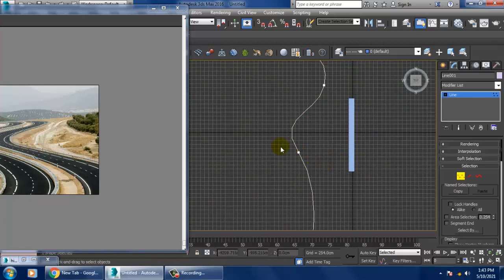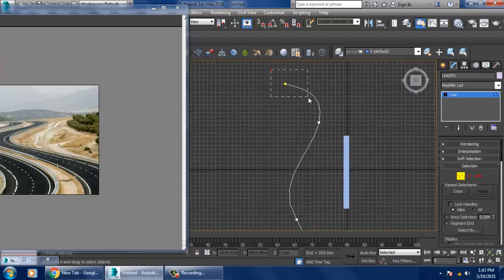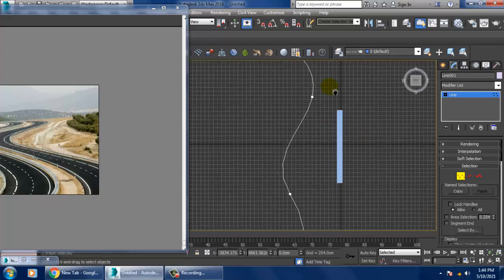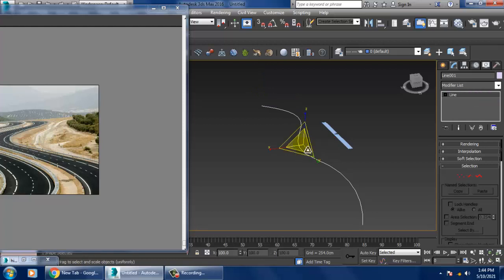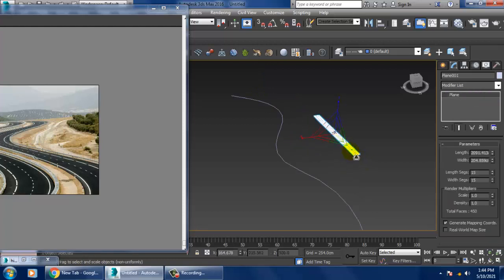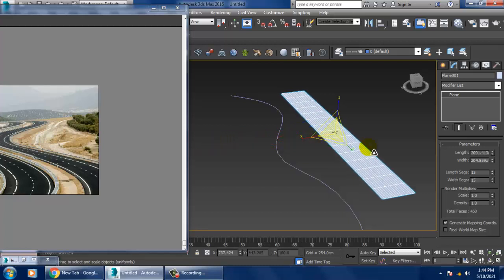I can shuffle this in whatever direction you want. Select this part and let's scale it. Scale this element over here.